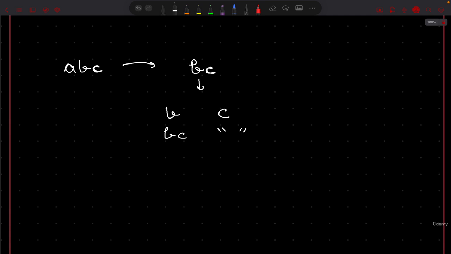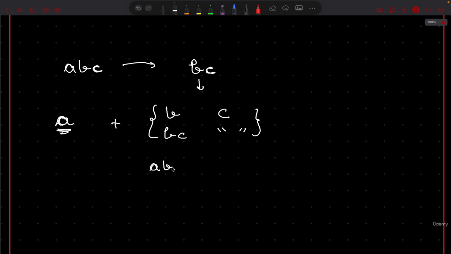Now my whole aim is to make sure that by using what I have, so I have this A character with me, and what recursion has returned to me, can I somehow get my answer? I feel that yes, you can get your answer. And how can you do that? See, if you just attach A to each and every subsequence of BC, I think your answer will be there. How can I do that? Pay attention, everyone. What I'm saying is, if you attach A in front of all the subsequences of B and C which recursion has returned, and you don't have to worry how recursion is going to return the answer, that is something which we assume,